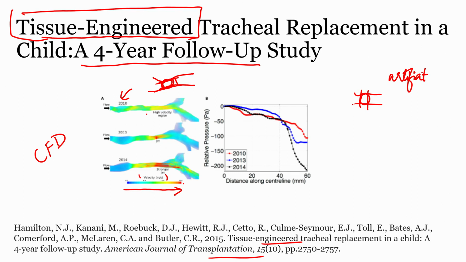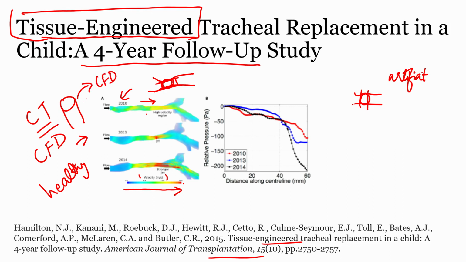In year 1, when the child was operated, the fluid flow was more or less laminar, and the velocity was as it has to be in a healthy condition. But every time the child was reported back to the hospital and had a CT scan, each CT scan was converted into a 3-dimension model, and then a CFD study was performed. How is the fluid flow changing over the years?